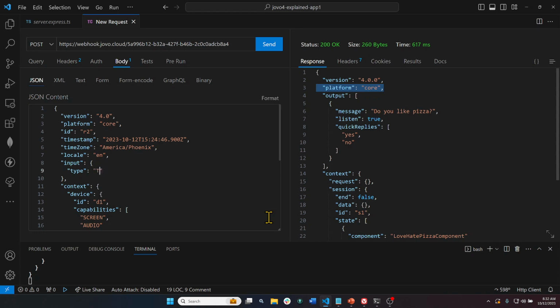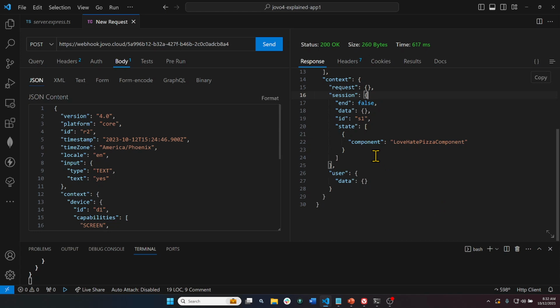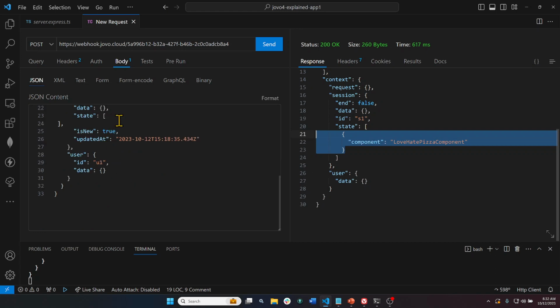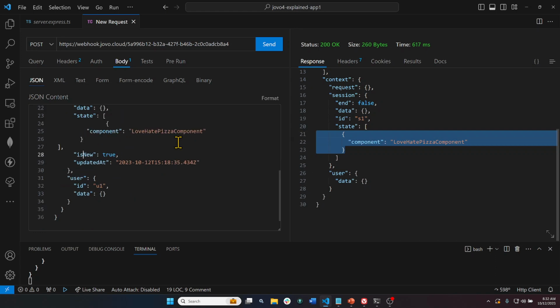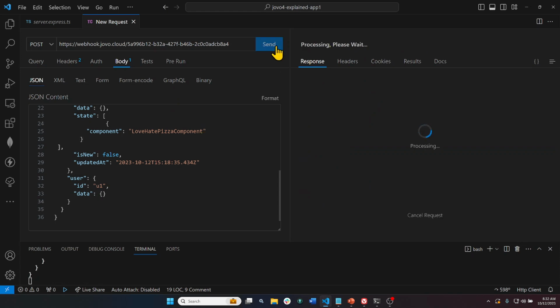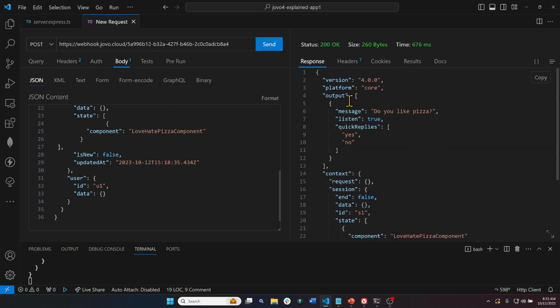for this, because we're going to change this back to text. And we're going to say yes, and we're going to grab this output from the previous request that we did with the state stack, add the state stack back in, new session is false, and when we send this, then we get the question, do you like pizza? So it handled it gracefully,